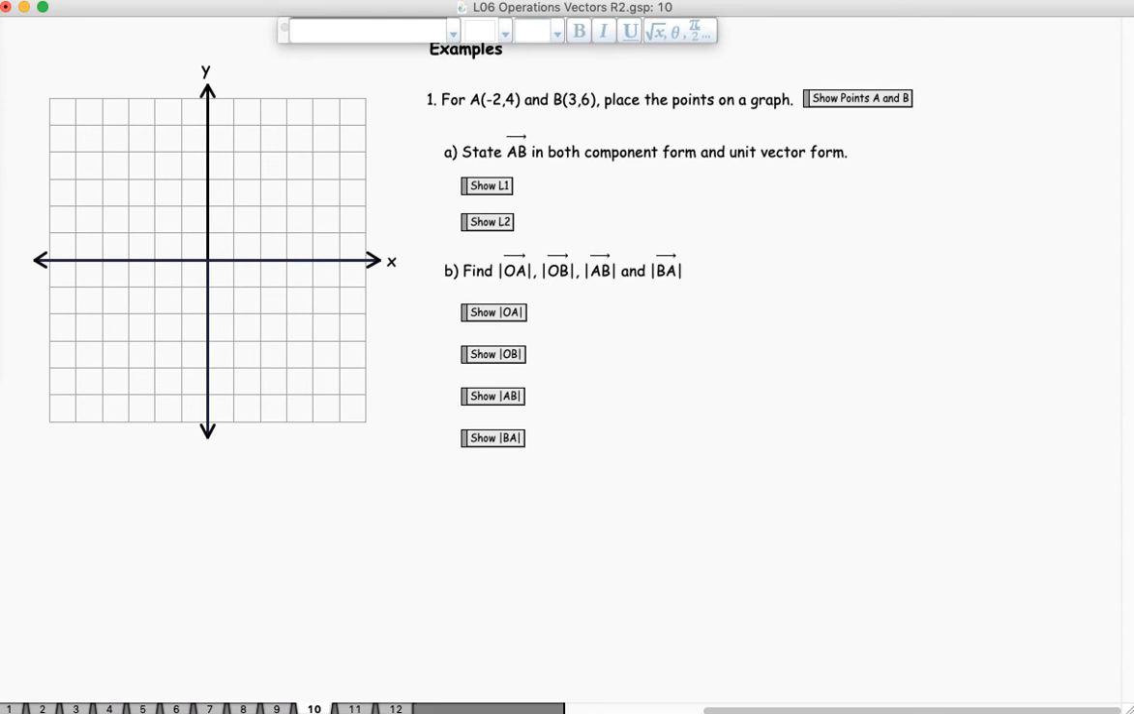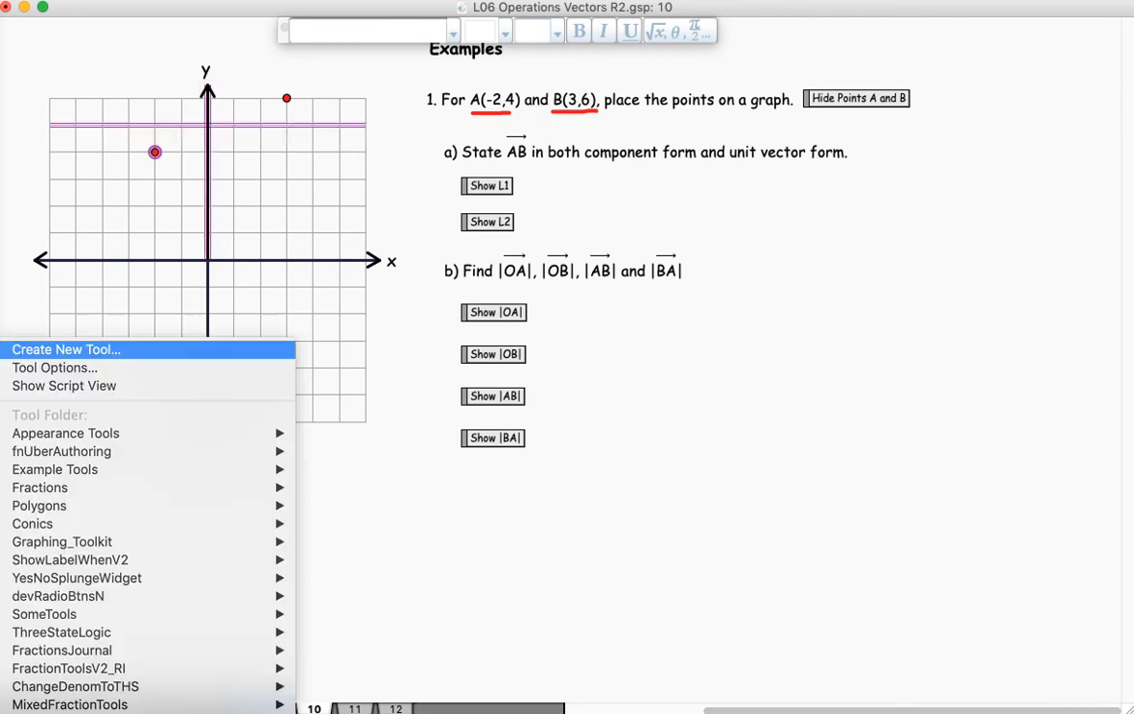All right, example number 1. I want to grab that pen. This is a point in space. That's a point in space. So the first thing this is asking you to do is plot those points. We could do that: -2 and 4, 3 over, and 6 up. And then I'll just show you where those are. Now, it's asking for vector AB in both component and unit vector form. Now remember that vector AB,